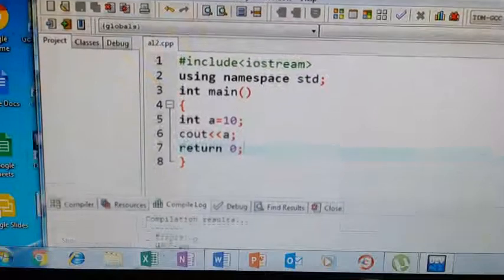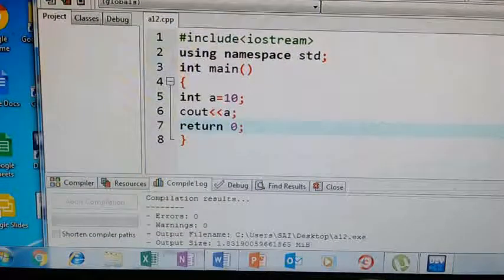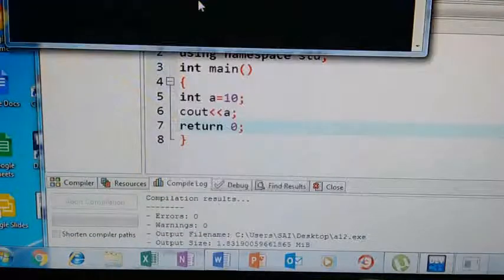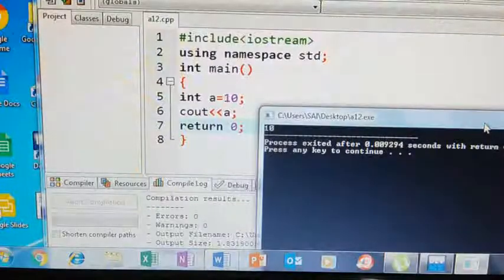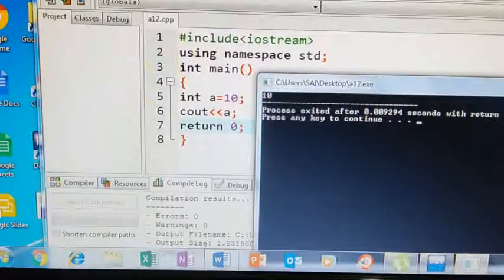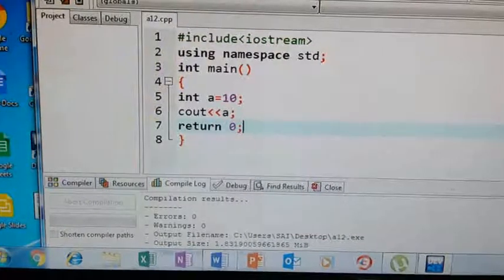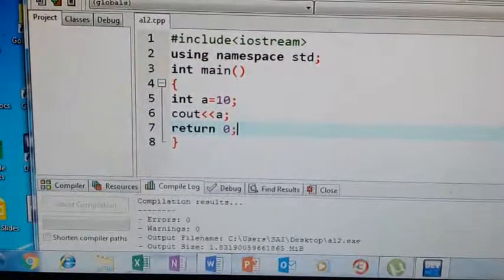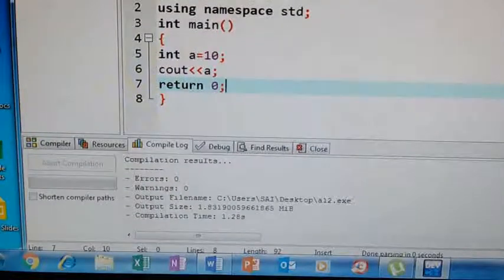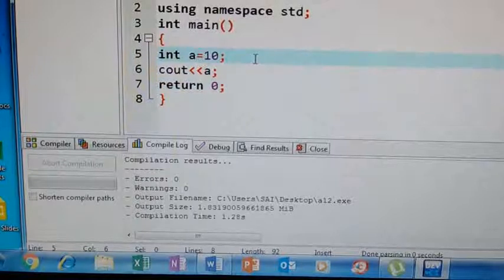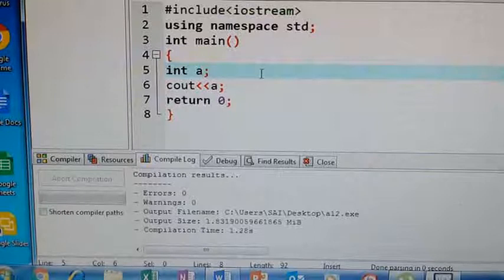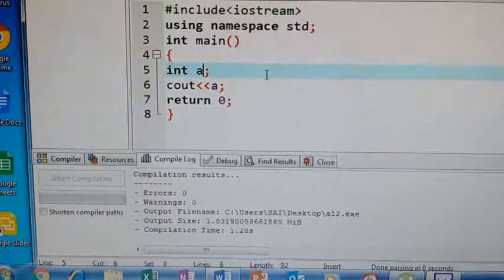Again come to execute, compile. You can see the compile window, no errors. Execute, run. In this output screen, 10 is printed. Okay, this is a simple program when you are printing one value, but in case only one variable is there, one student is their example. With the student name, if you want to store multiple values in a single variable, then we take the help of array.